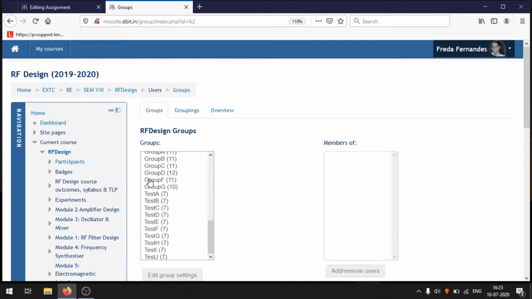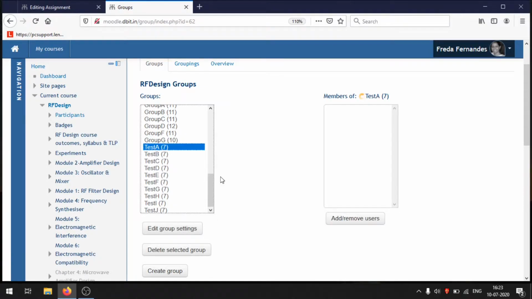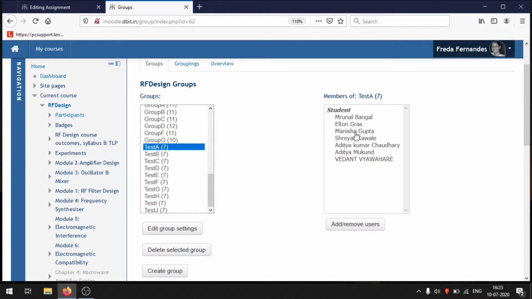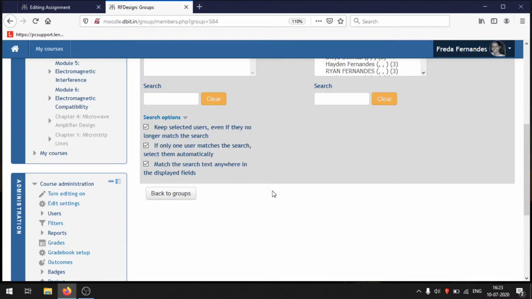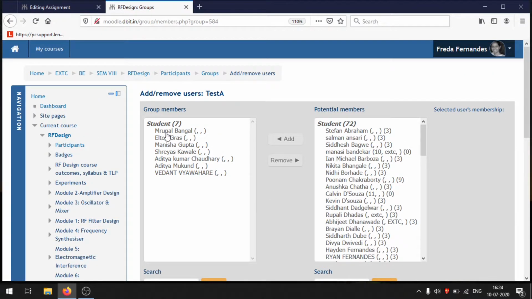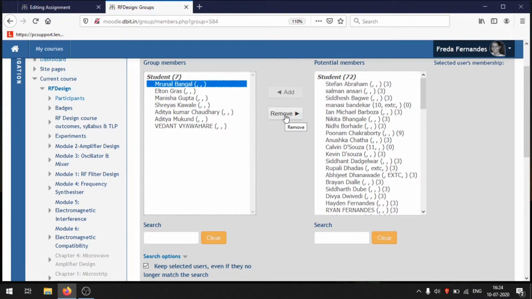Now if you want to see the group members, you can see here. If I want to remove, I can still remove group members. I'm just removing the group member. I have removed a group member from there. Okay, so it has gone to this group test A. I can remove this particular group member.